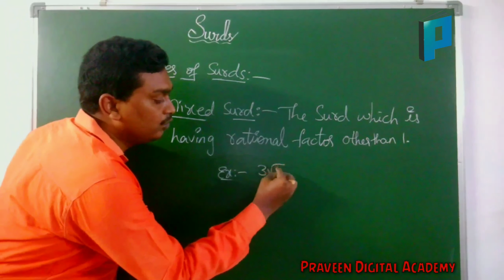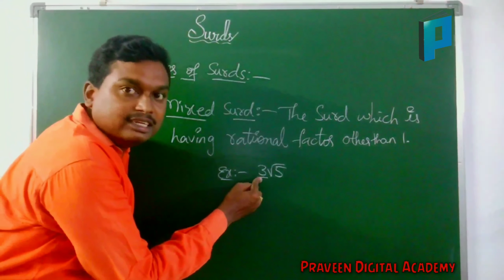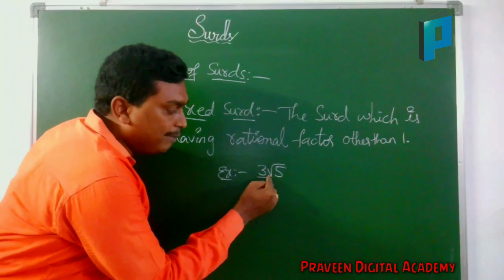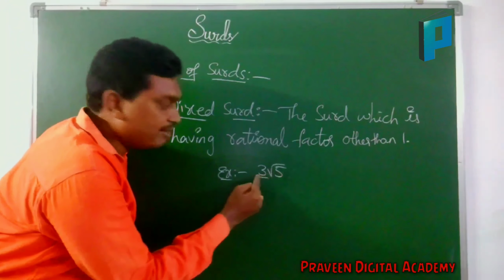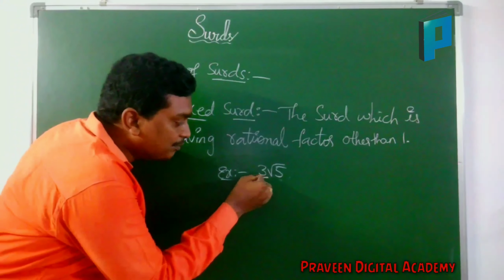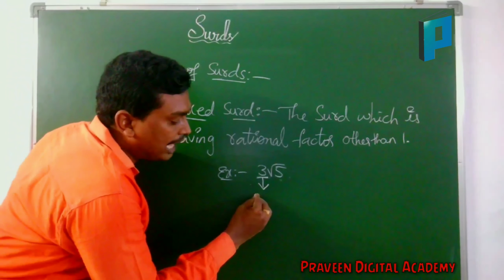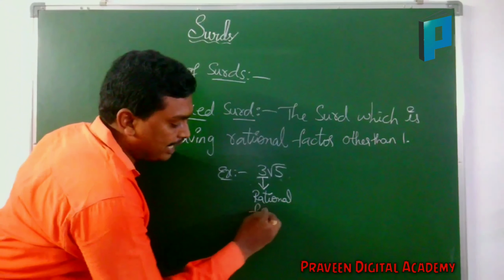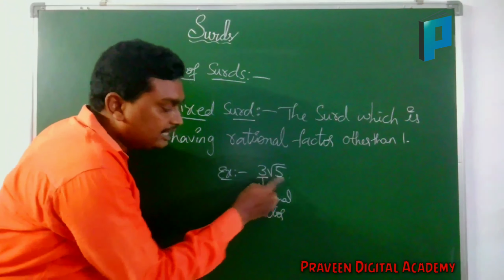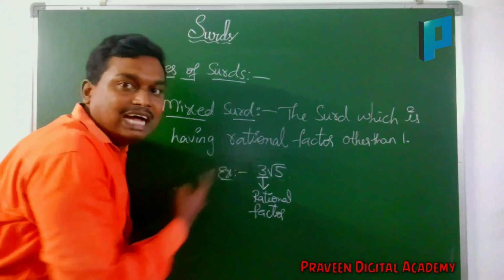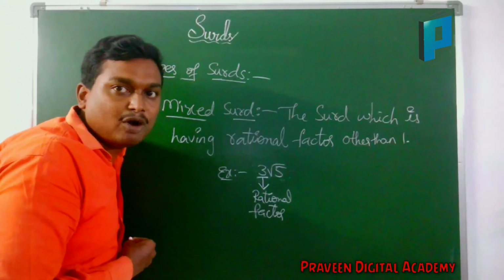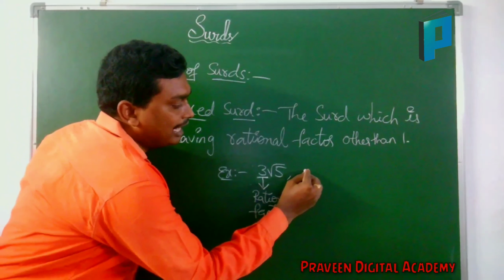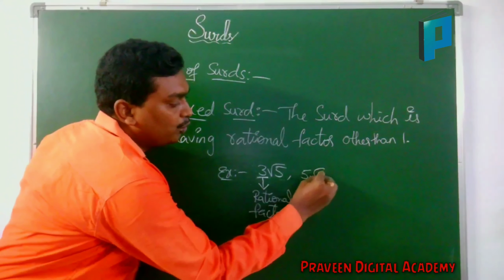If we are having 3 root 5, this 3 is multiplied to this root 5. So 3 multiplied with root 5, 3 into root 5, we got 3 root 5. This multiplied one is called the rational factor. Here in the rational factor, if you are having other than 1, then such type of surds is called mixed surds. If you are having something like 5 root 2,